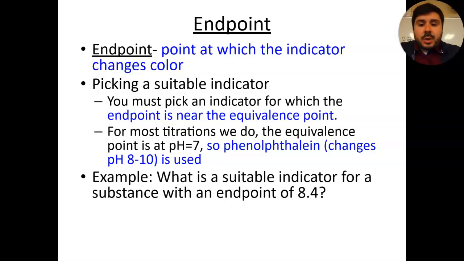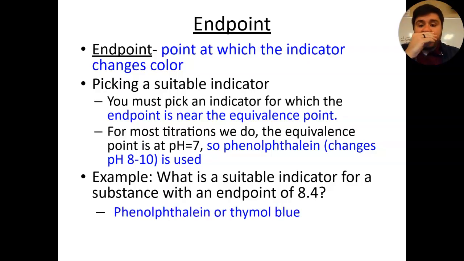So for example here, the question reads, what is a suitable indicator for a substance with an endpoint of 8.4? Well, if we're looking at our table M here, we need to make sure that our endpoint is super close to an indicator that's going to match that. So in this case, phenolphthalein or Thymoblue are going to be great indicators, right? If the endpoint we're looking for is a color change of 8.4 pH, we just have to make sure that we are picking an indicator that has a pH range that 8.4 is going to be in between